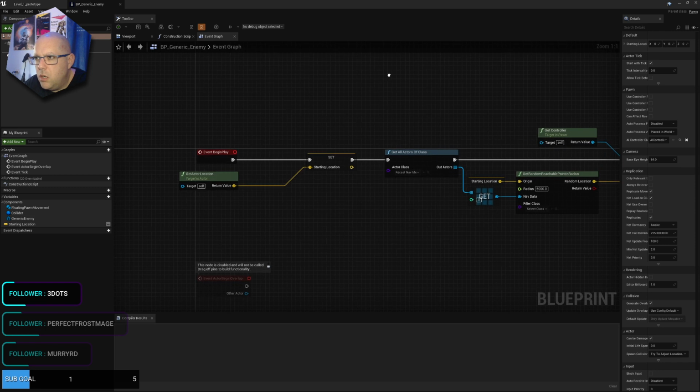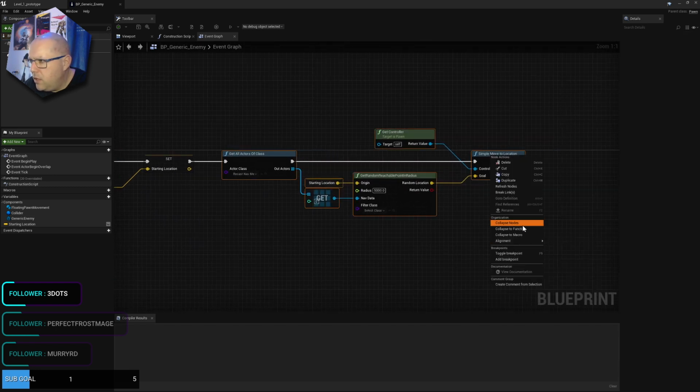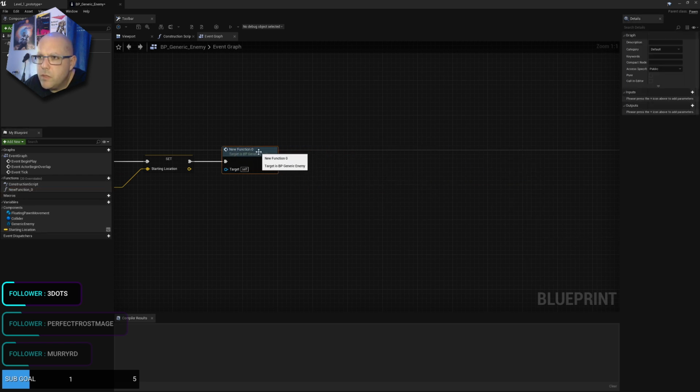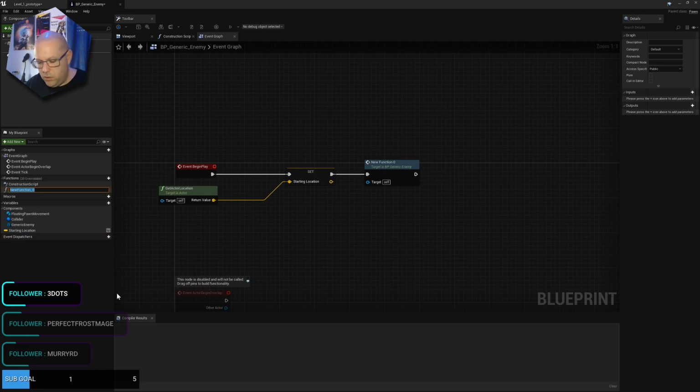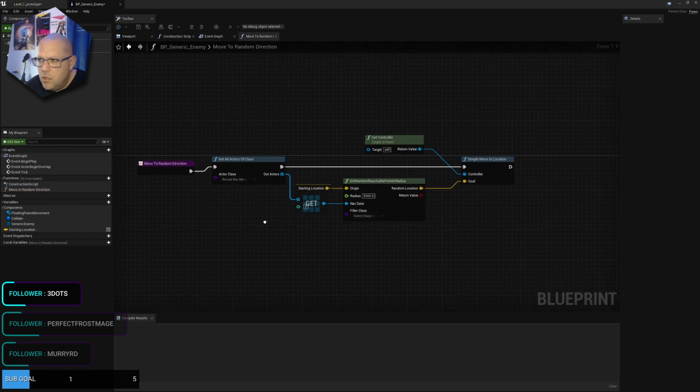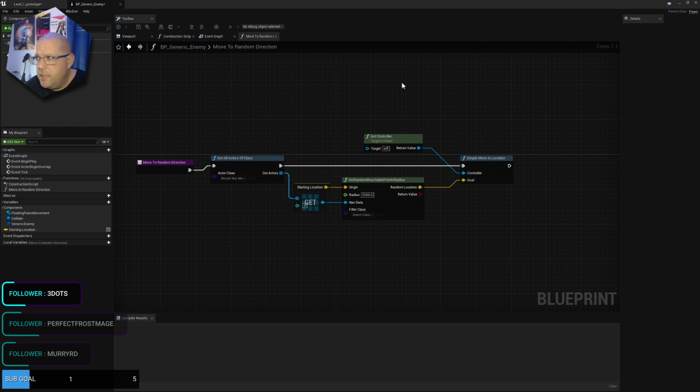We want to make this function. This function is called move to random direction. The target is self. And I think it's fine. This should be fine. Now, what I think that we need to do here